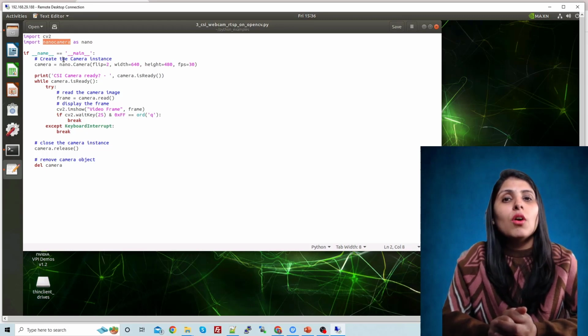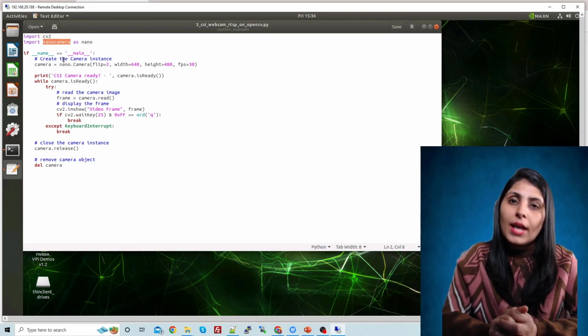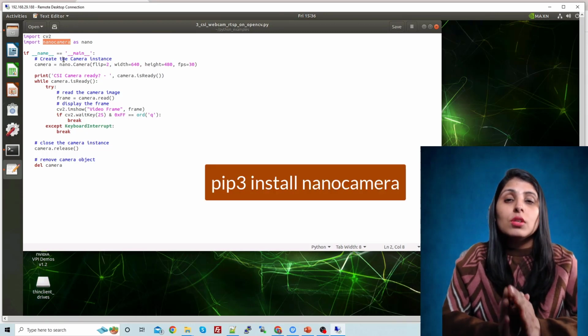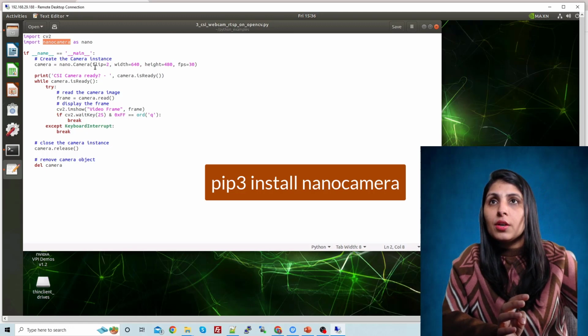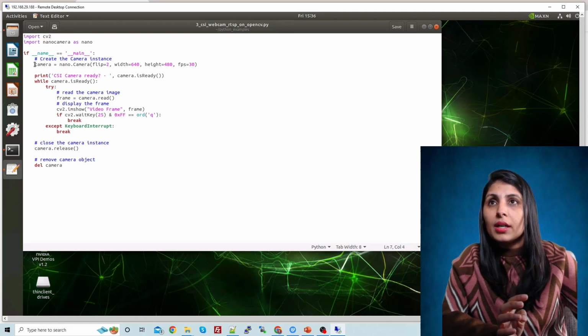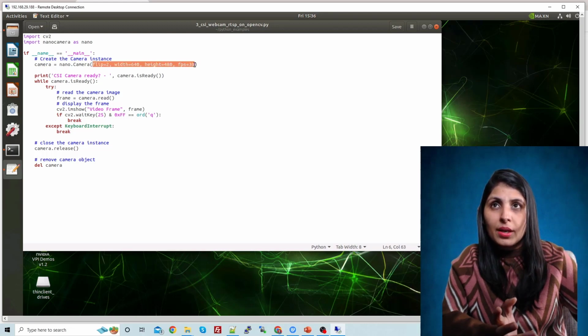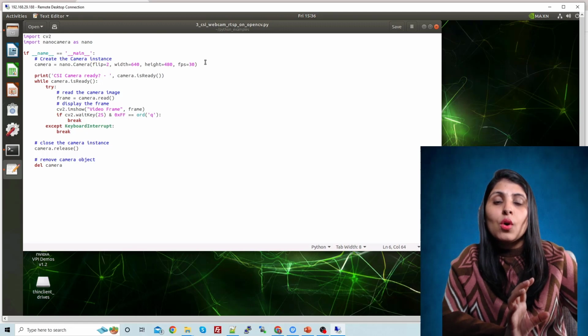So how can you install it? Just pip install nano camera and this module will be installed. Okay, so now once you install it, you can see here this is the line. What we are doing is nano.camera. We are creating the camera instance, and inside it these are the parameters we have provided. Okay, so this is how we create the